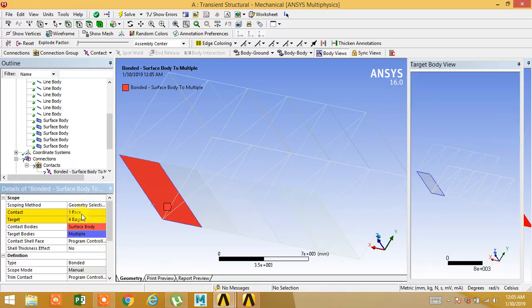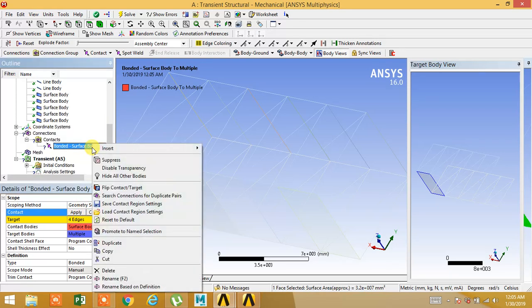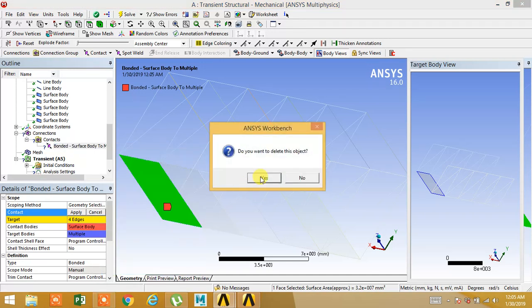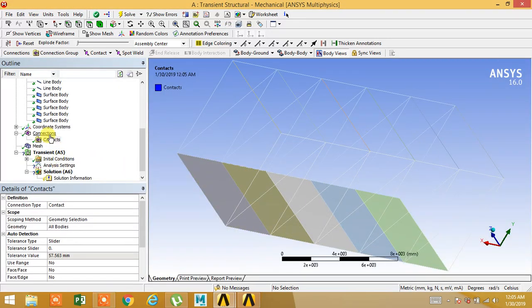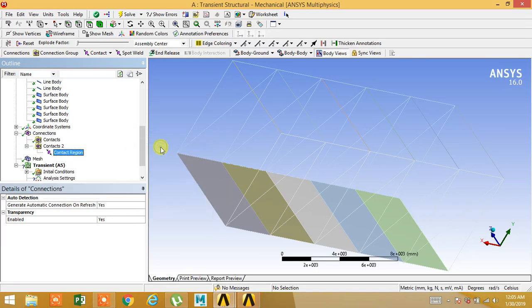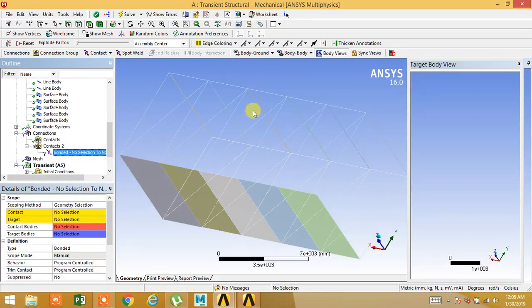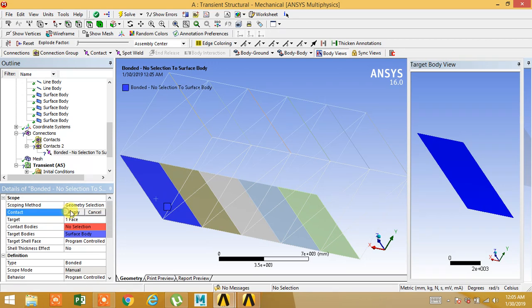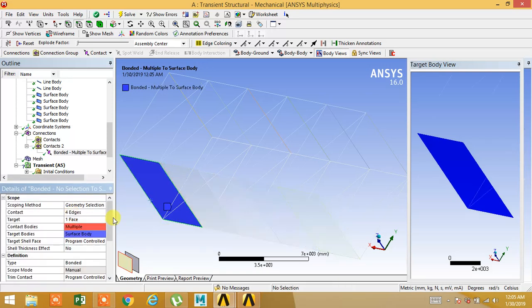If it is not taking the option, do vice versa. This as target. This is a contact.